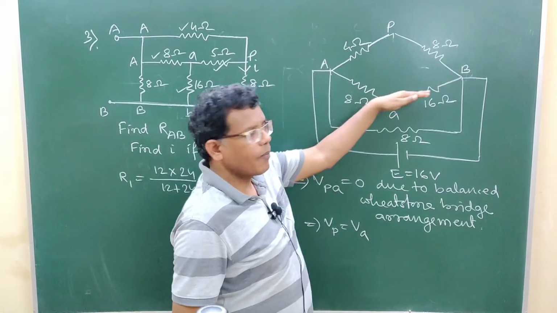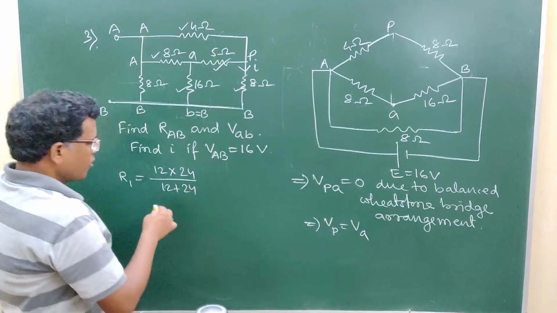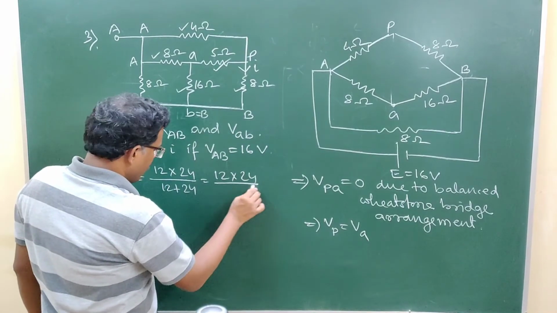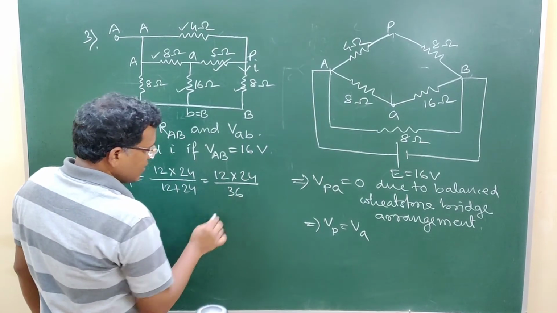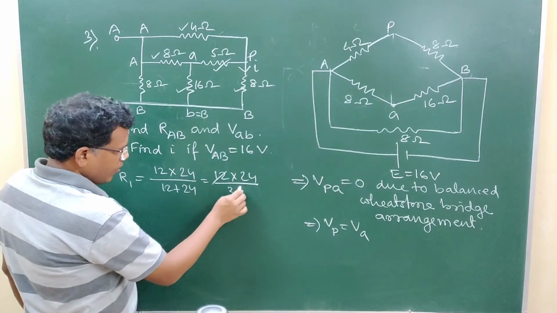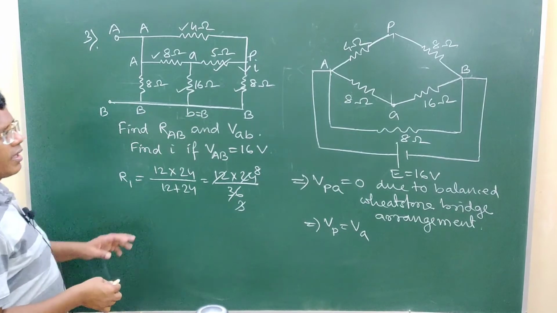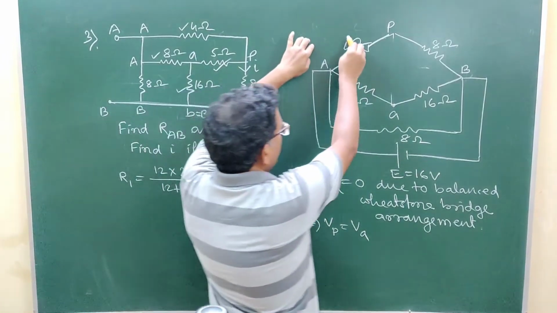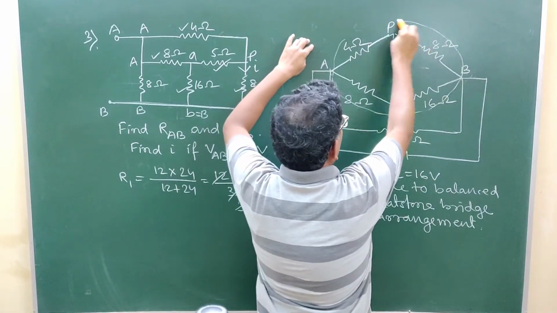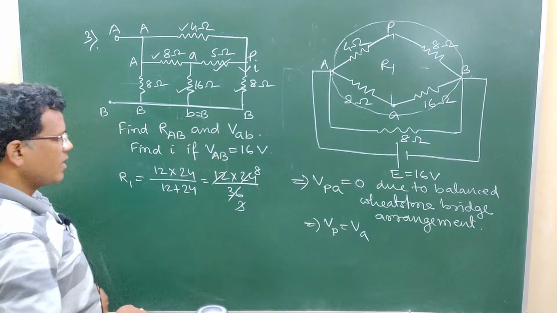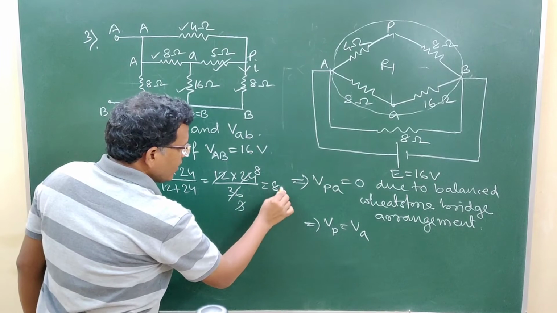Primarily these two branches are parallel to each other, so the result will be 12 into 24 divided by their addition, that is 36. So here it will be 12 3s are 36, and then it is 8. So R1 means I am talking about this value simplified as R1. So that R1 is 8 ohm,